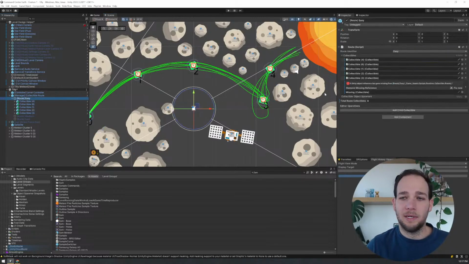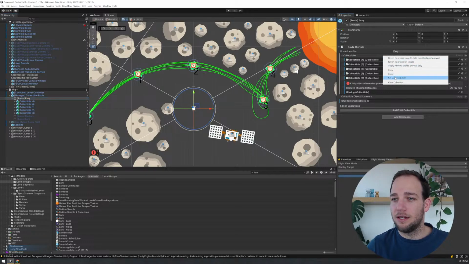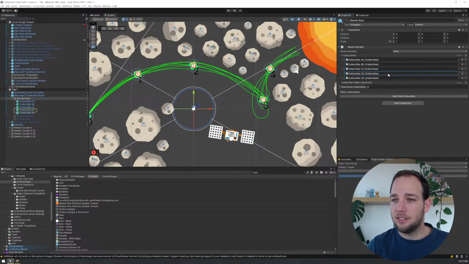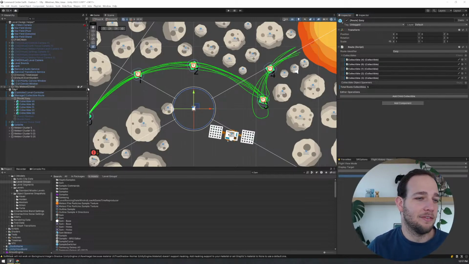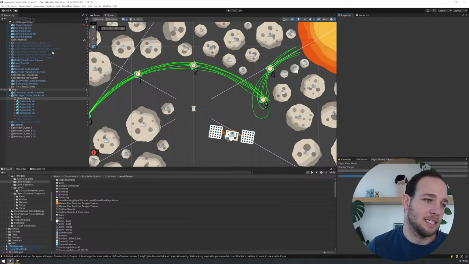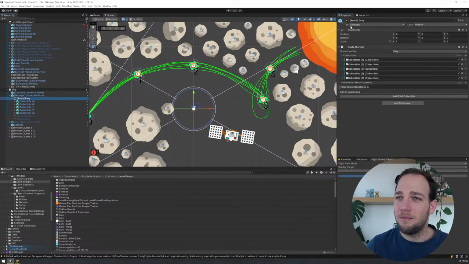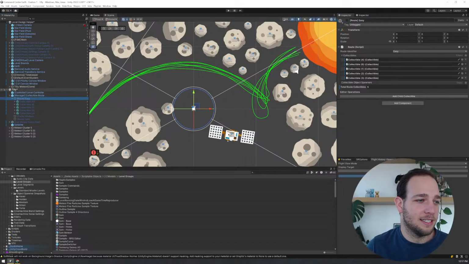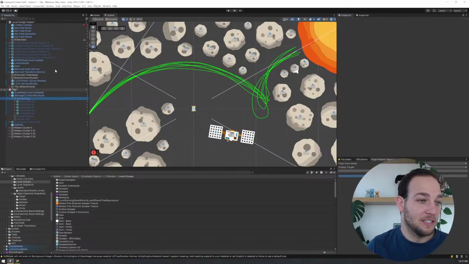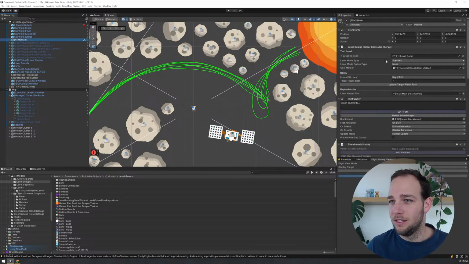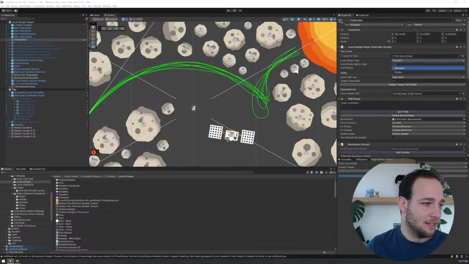Okay, cool. So I'm going to go back here. I'm going to clear the collection, add child collectibles. I just do that so that it updates the total, and it's easier to do it that way. I'll save out the scene. My context window is going on my second screen for some reason. And now is the fun part where we actually get to see if it's any fun.